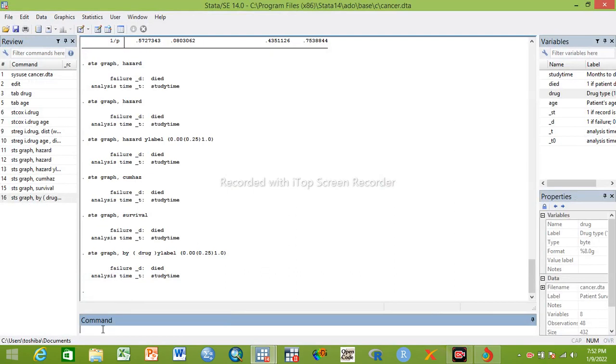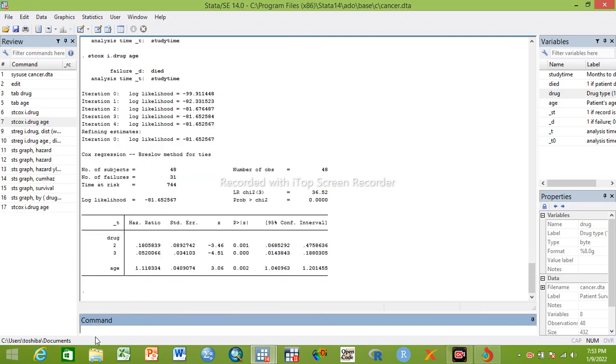The other is also another type of graph. If you want to test the proportional hazard assumption graphically, you can also do that. So before that, you can run this stcox regression model. This is a multivariable Cox regression model. You can run this one, and after this you can write